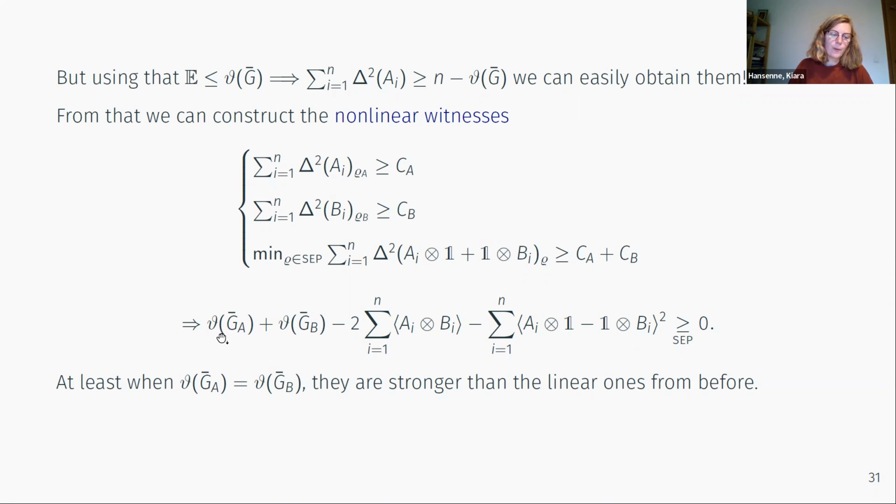And then also what is known already, we can recover when the Lorentz numbers are equal. For instance, for the witness that I just showed you, we had two different sets of observables, but they happen to have the same anti-commutativity graph, and so they had the same Lorentz number. This sometimes happens. When those two quantities are equal, these nonlinear witnesses, coming from the nonlinear term, are strictly stronger than the ones I showed you before, meaning that they will detect the same states and even some more.